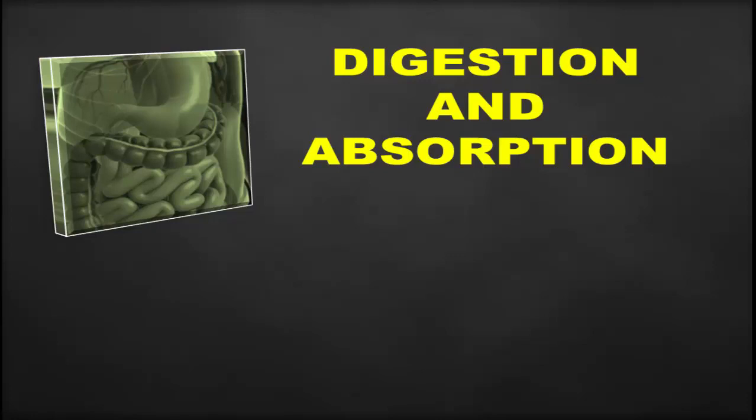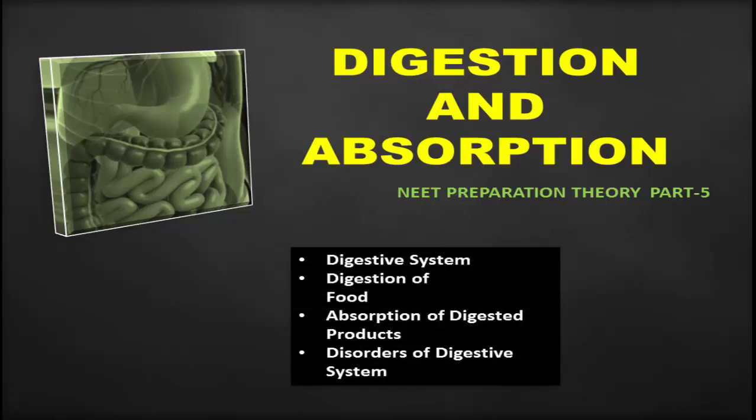Welcome back to biology online CET coaching classes. In this video I am continuing the same chapter, digestion and absorption, for the purpose of competitive exams. Today I am going to explain about the two important digestive glands associated with the alimentary canal, particularly the duodenum of the small intestine.